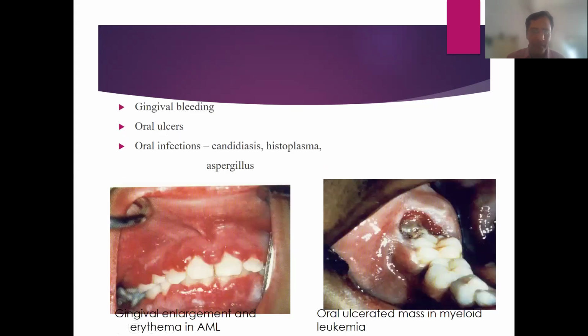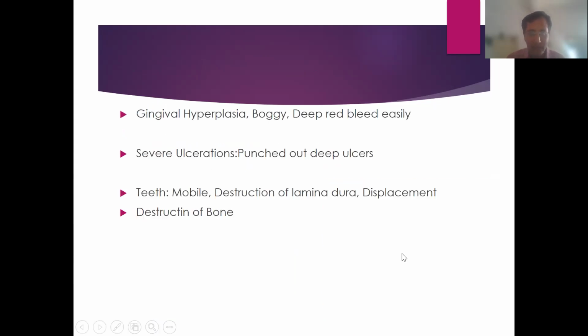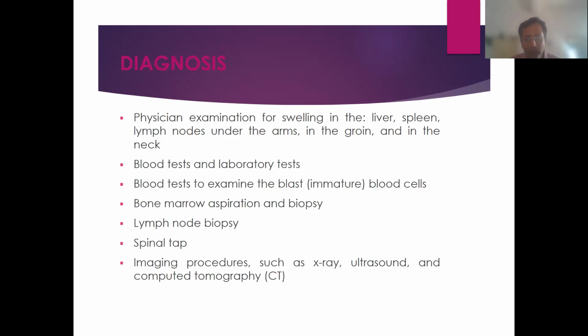Now, gingival bleeding is there, oral ulceration is there, candidiasis sometimes we find with oral ulceration. In myeloid leukemia, we are finding gingival hyperplasia, boggy gum bleeding, teeth become mobile, destruction of lamina dura, displacement of teeth. After that, physical examination for swelling of the liver,